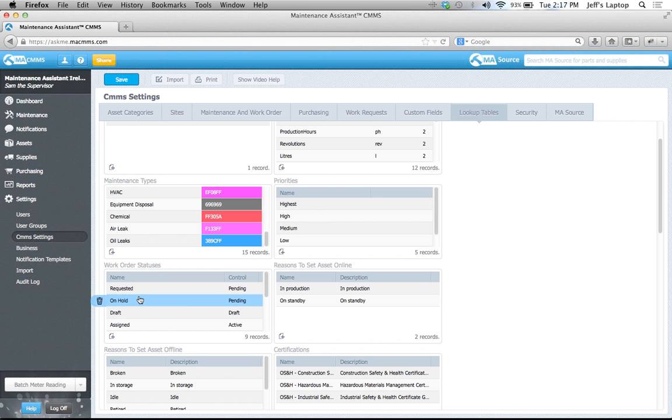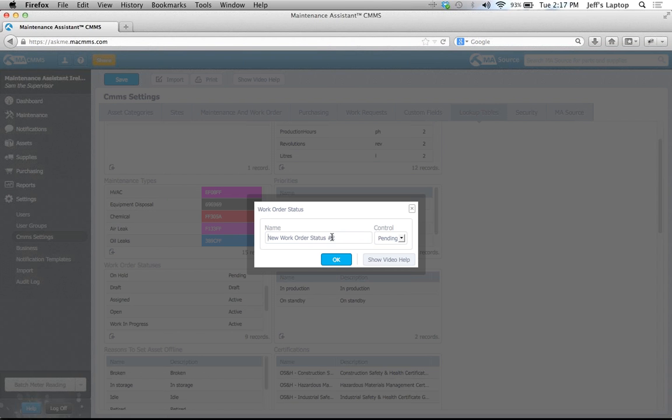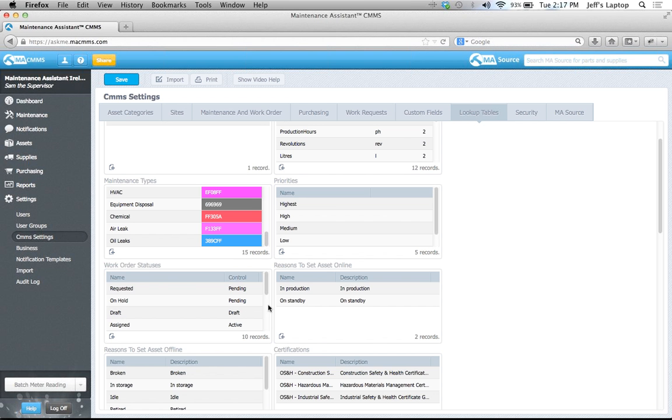Our work order statuses is directly below. Here we go, work order status. Let's create a new one. Let's just say this is going to be rejected by plant manager. This is in the closed section. So what's happening here? I'm creating a status that if a work order goes to